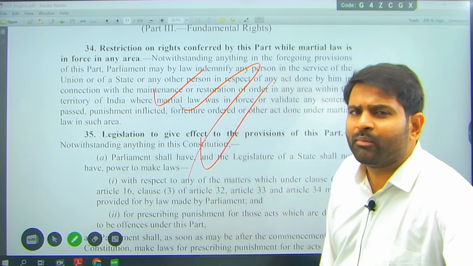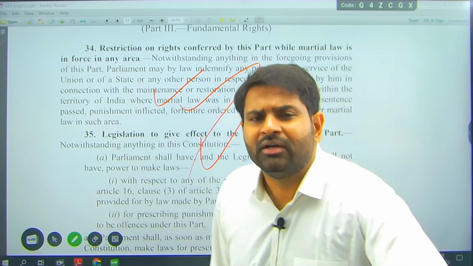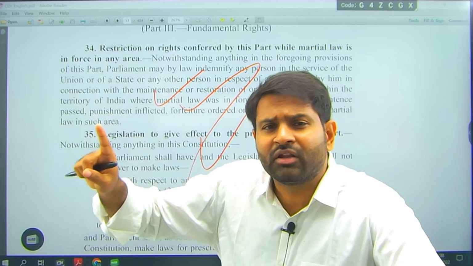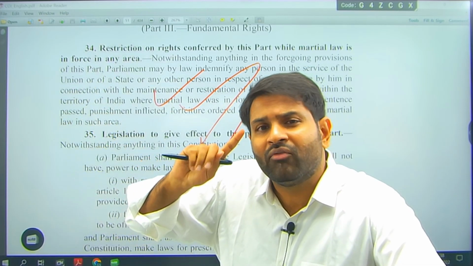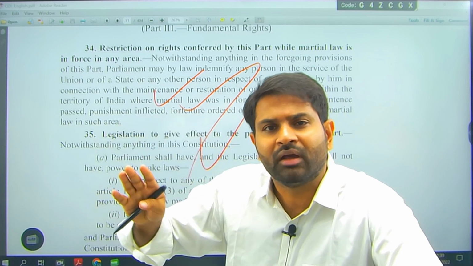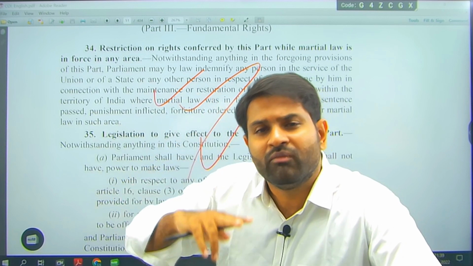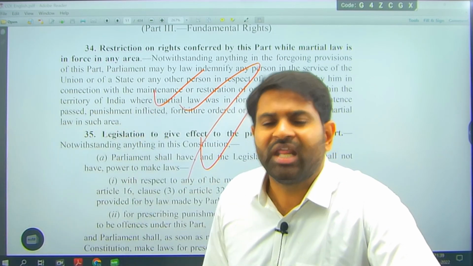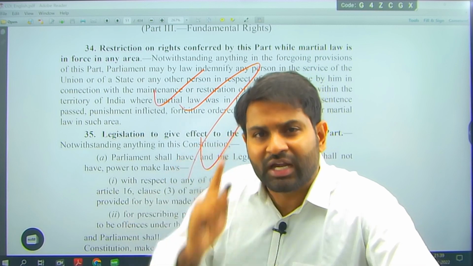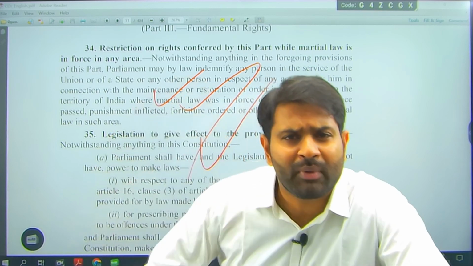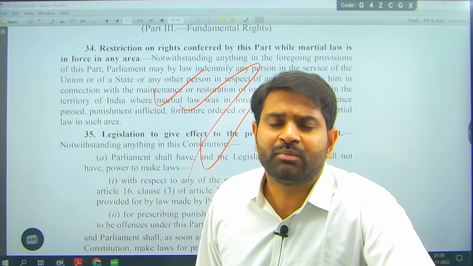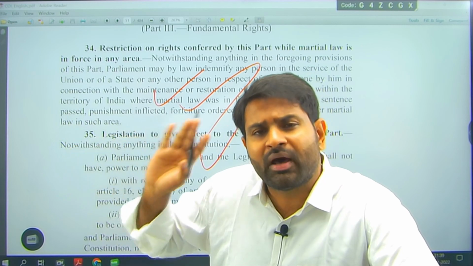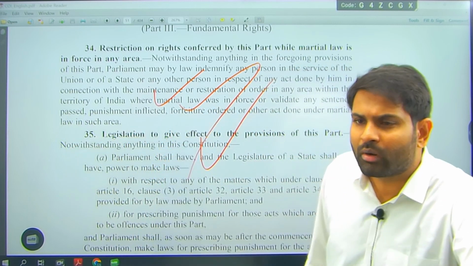And article 35 is very important. It is saying that parliament, only parliament but not state government. Remember sovereignty: in part 1 of the Indian constitution, article 4 is talking about the sovereign power of parliament. In part 2, we spoke about article 11, which is the sovereign power of parliament. Similarly, in part 3, article 35 is saying that only parliament has the right to make laws on fundamental rights, but no state government. That is what we are talking about fundamental rights.